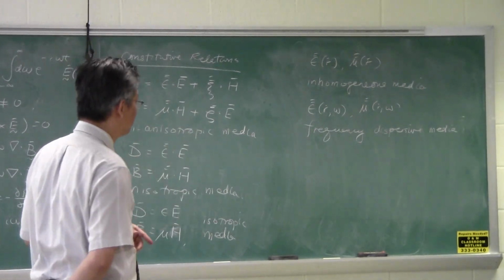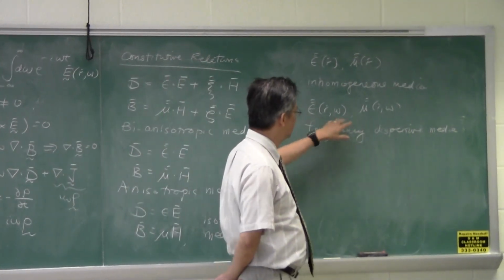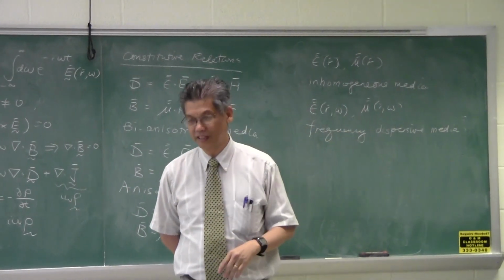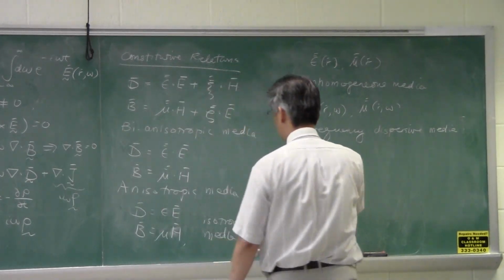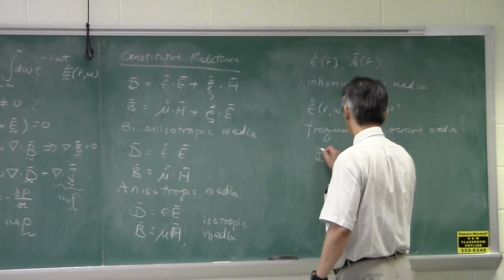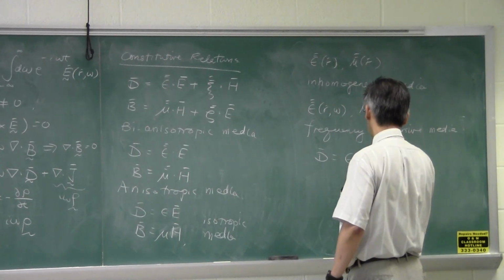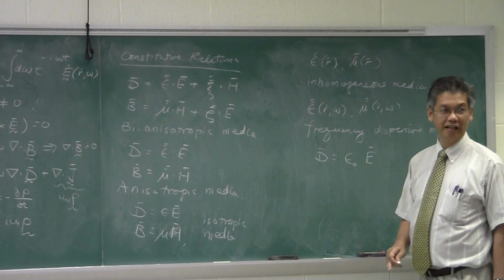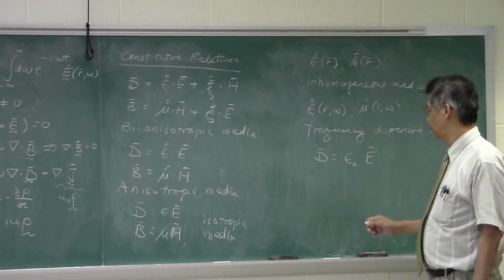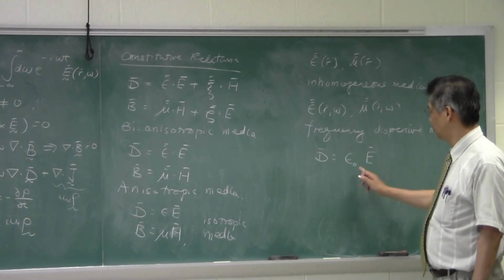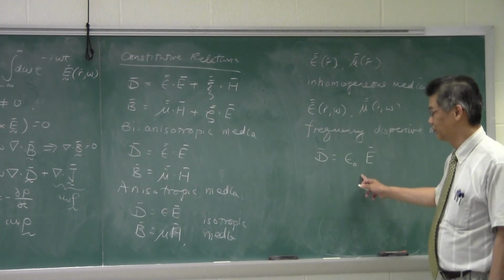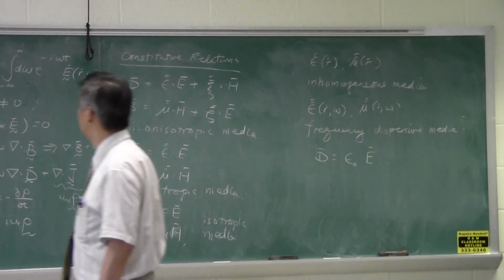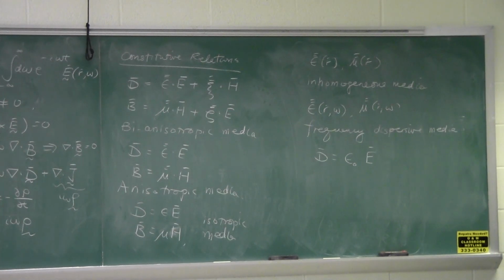Instantaneous response. Very good. If epsilon and mu are not functions of frequency, it means that whenever you apply, let's take the very simple case, say vacuum has that property, whenever you apply an electric field, you instantaneously get the electric flux. Okay? That is what it means when this is independent of frequency. Because we went from the time domain to the Fourier domain, you can go from the time domain to the Fourier domain through the phasor or to the